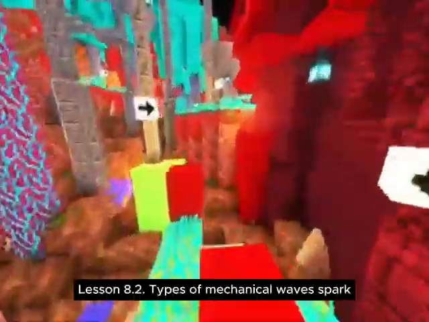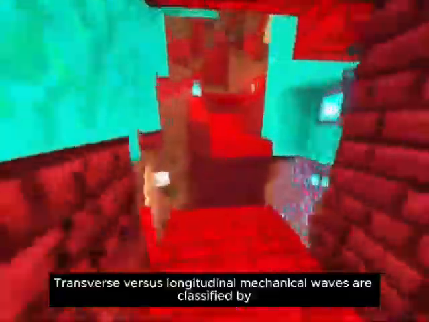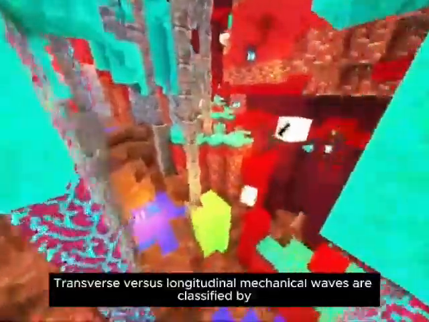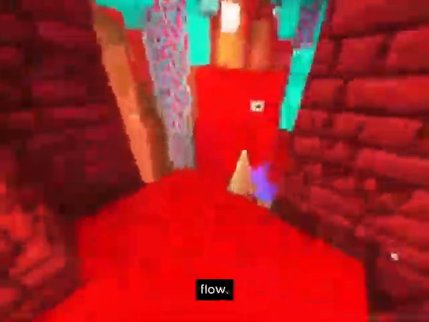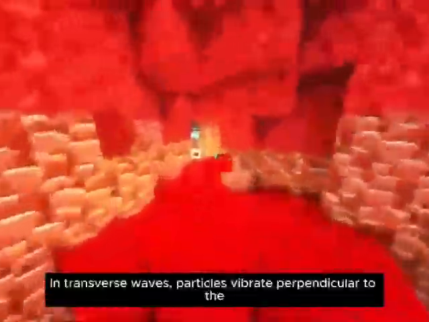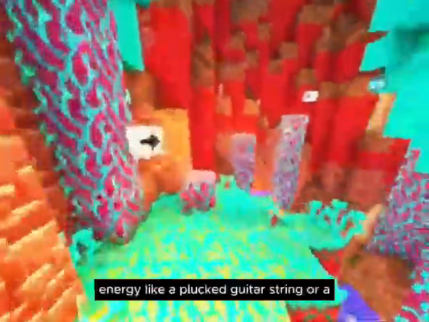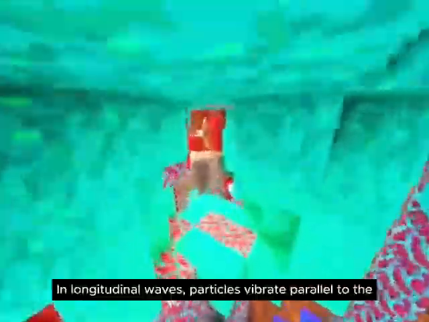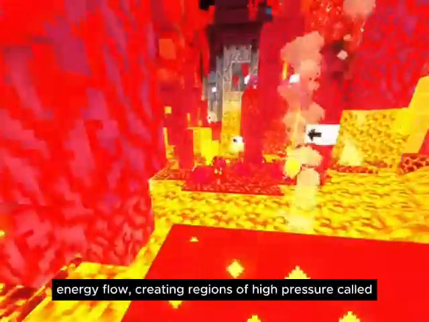Lesson 8.2 Types of Mechanical Waves, Part 1: Transverse versus longitudinal. Mechanical waves are classified by the direction particles move relative to the energy flow. In transverse waves, particles vibrate perpendicular to the energy, like a plucked guitar string or a water wave. In longitudinal waves, particles vibrate parallel to the energy flow, creating regions of high pressure called compressions and low pressure